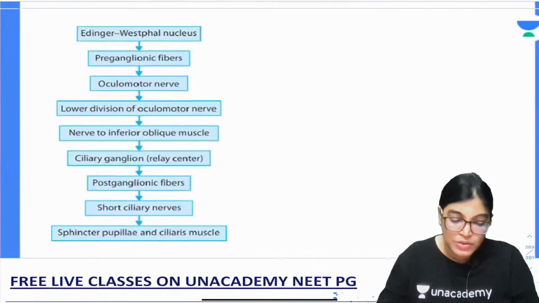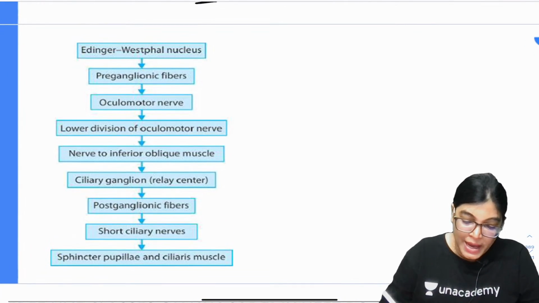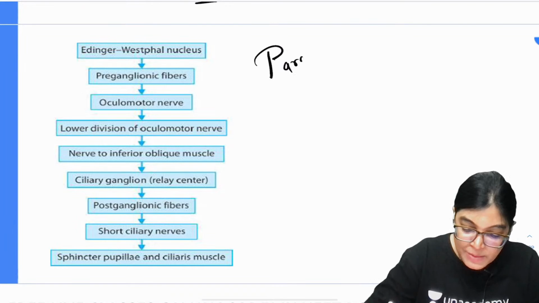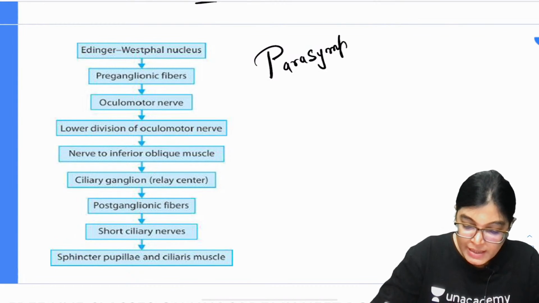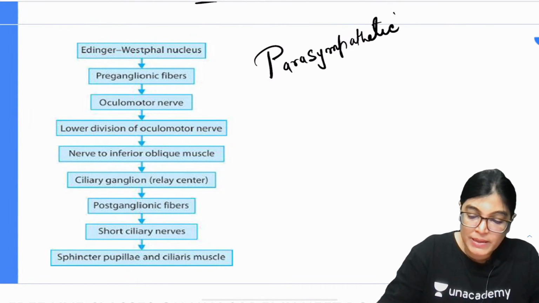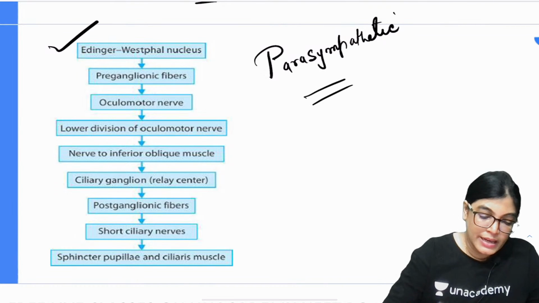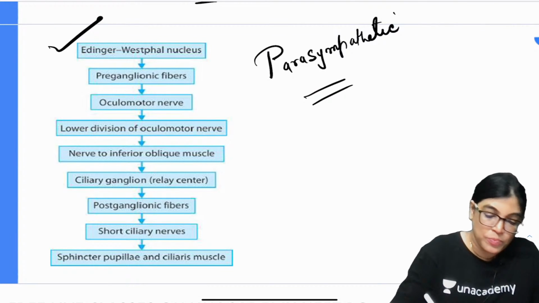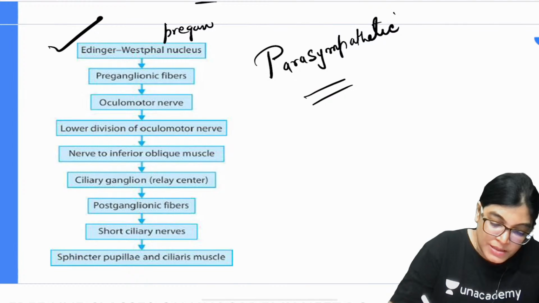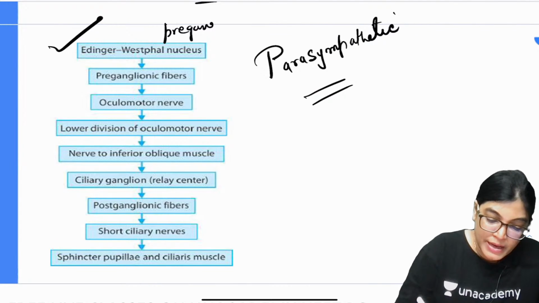I would also like to discuss this flow chart. Why I am giving this flow chart? Because parasympathetic innervation is very important. So, parasympathetic innervation, see here, it arises preganglionic fibers. So, preganglionic fibers are arising from preganglionic,